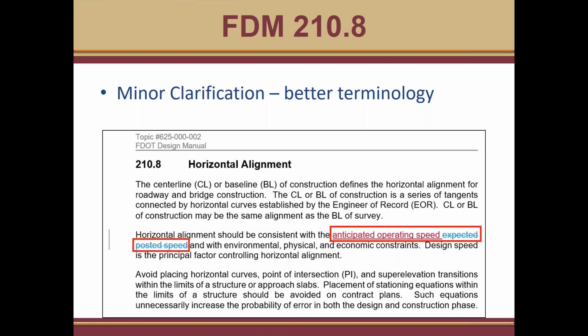The section on horizontal alignment received some terminology and language improvements. Here we changed the term expected posted speed to more correctly say anticipated operating speed. And we also improved things in the subsection